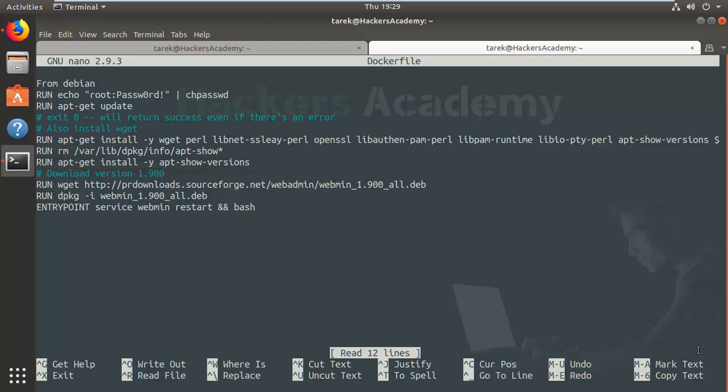Following that, I'm going to execute the wget command to grab Webmin version 1.9. I don't want the latest version, I want the vulnerable version. And then after that, I'm using dpkg to install the Webmin package. And last but not least comes the ENTRYPOINT instruction. And this is the command that I want to execute when the container starts. When I start the container, if I don't have this entry point assigned, I'm going to have to start Webmin manually. However, because I want to automate this as much as possible, I'm specifying an entry point that says service webmin restart. So when I start the container, Webmin will restart automatically, and bash